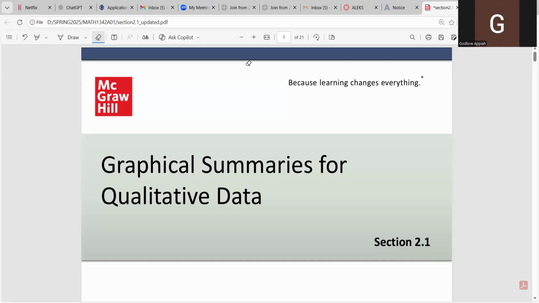So for those who do not have groups as of now, you're welcome to work on this by yourself. And moving forward, starting from the second project, the next time we meet in class, I'm going to make sure everyone has a group so that you can work on the second project as a group. Is that okay with everybody? Yes, thank you. All right.